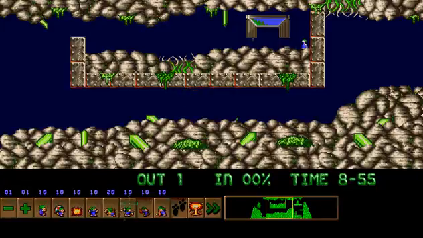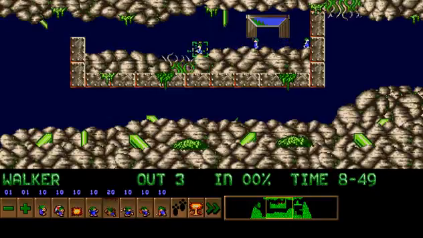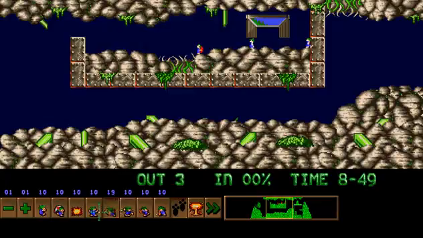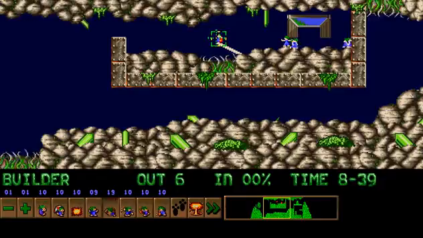Actually, let's go ahead and have a blocker keep them stuck in there, because I don't want to risk that. I don't want to risk running out of builders, because it's actually kind of an easy thing to do here. Alright, and we get to listen to the March of the Swans for the whole duration or whatever. Oh yes, this is going to end up being quite a lengthy level, as are a number of these